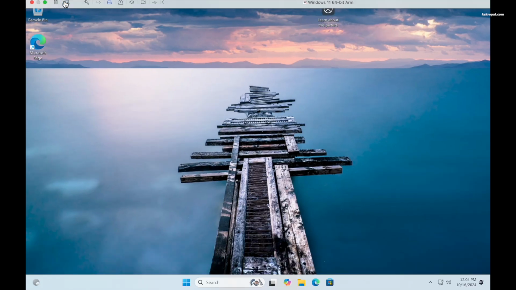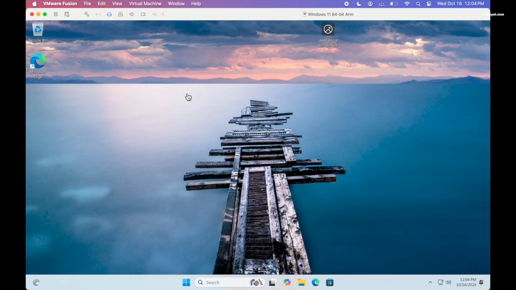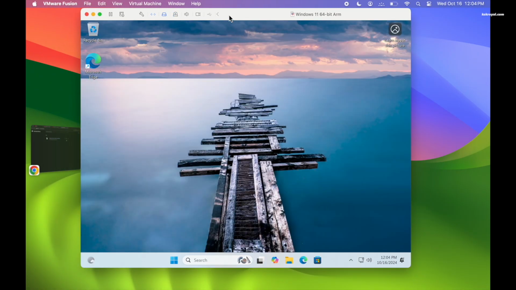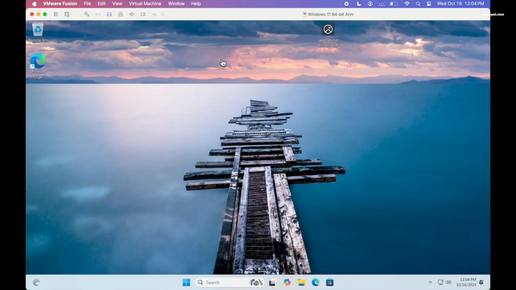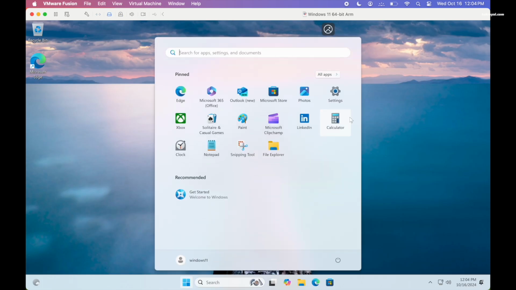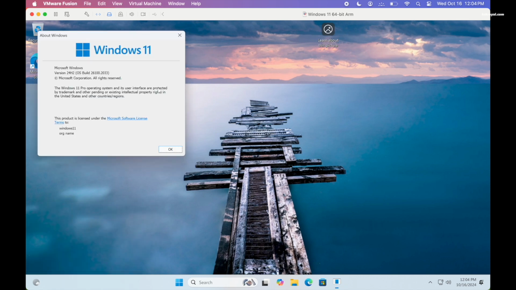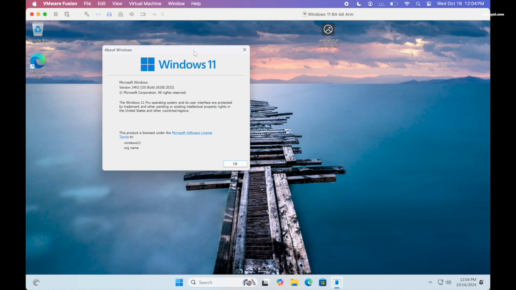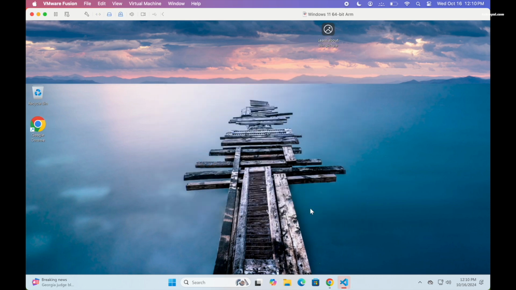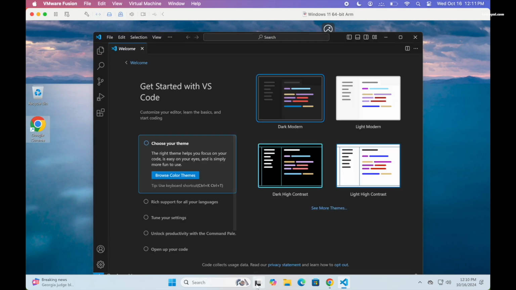As you can see, we have successfully installed Windows 11 on Apple Silicon Mac using VMware Fusion Pro. VMware Fusion supports AutoFit resolution, DirectX 11 graphics, drag and drop functionality, and clipboard memory sharing between host and guest OS. I have tested a few ARM-based Windows 11 applications like Chrome and VS Code, and they work fine without any issues. For better performance, it's recommended to allocate more RAM to the Windows 11 virtual machine.